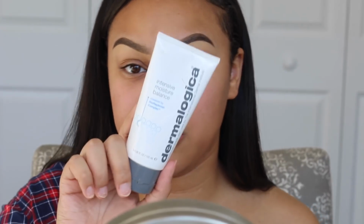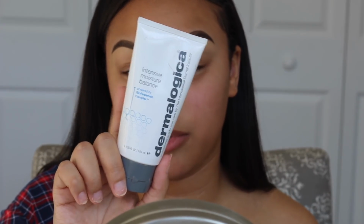I cleansed as well. So now I'm going to go in and moisturize. I am using my Dermalogica Intensive Moisture Balance moisturizer that I always use every day. This moisturizer is $80, but it's worth every penny. I always make sure I get in between my eyebrows as well, because my skin just be so damn dry